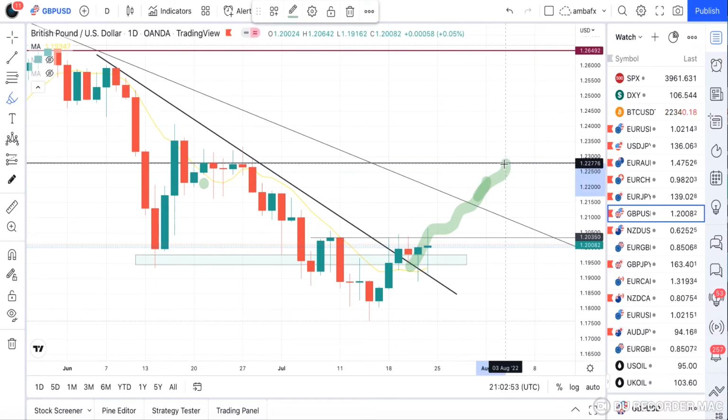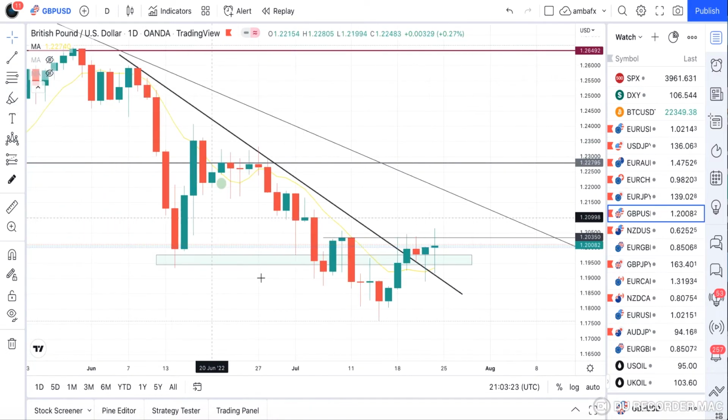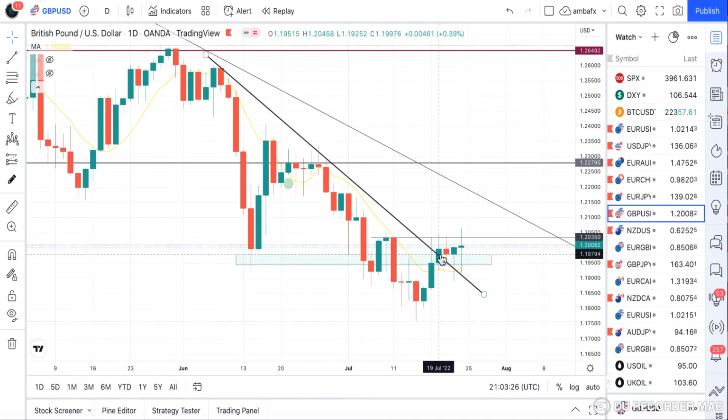Then when the FOMC drops their decision and the interest rate is announced, we can see where the market will go from there, because the news will determine the directional bias of the pair of the US dollar, of the market generally. So for now, what we are looking at is a move to this side. After it broke this particular level, we still see a move,